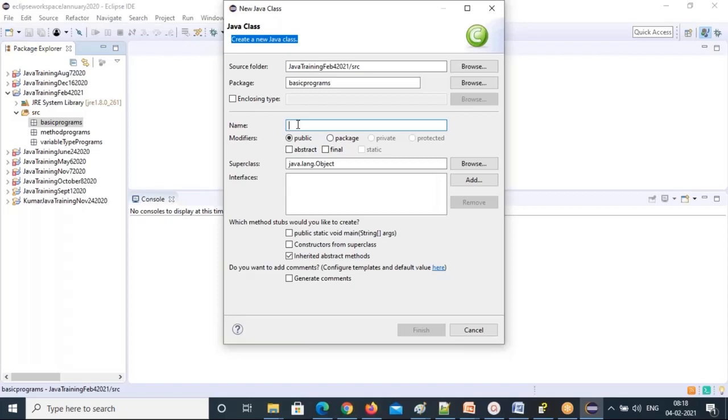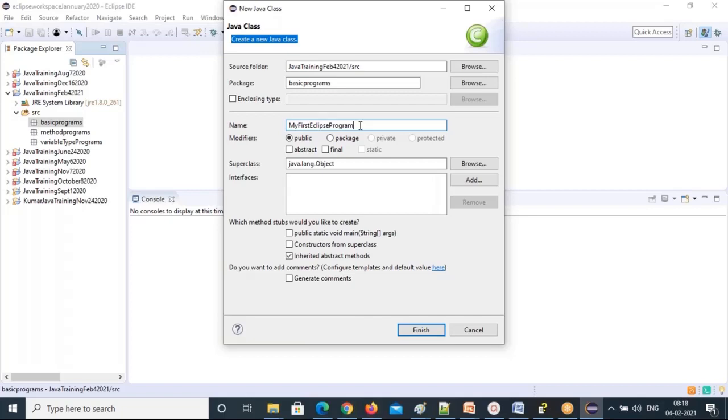If more than one word is there, like my first Eclipse program, every word's first letter should be in uppercase and don't give any spaces. So M only capital, F only capital, E only capital, P only capital. This is how to give a name for the class.